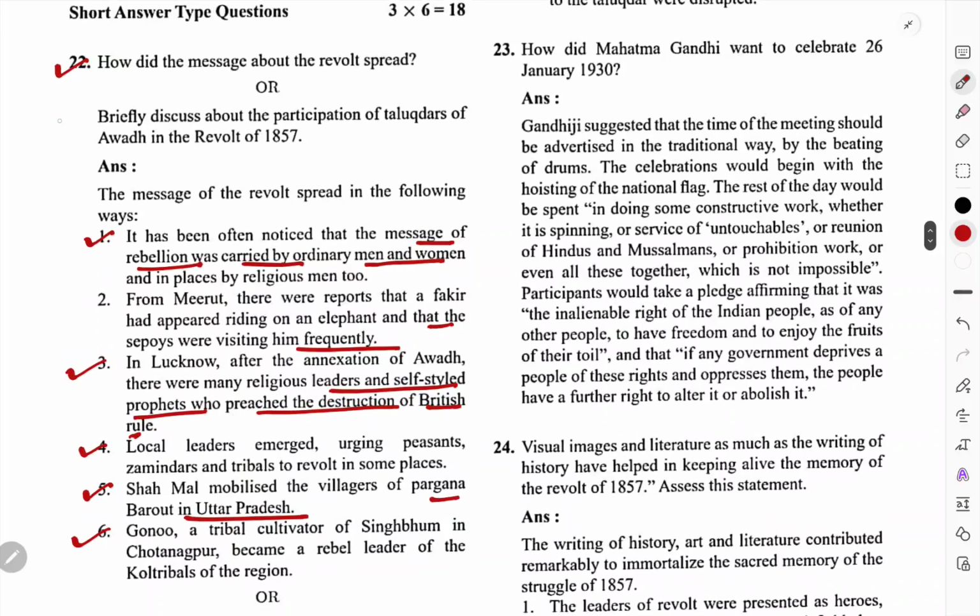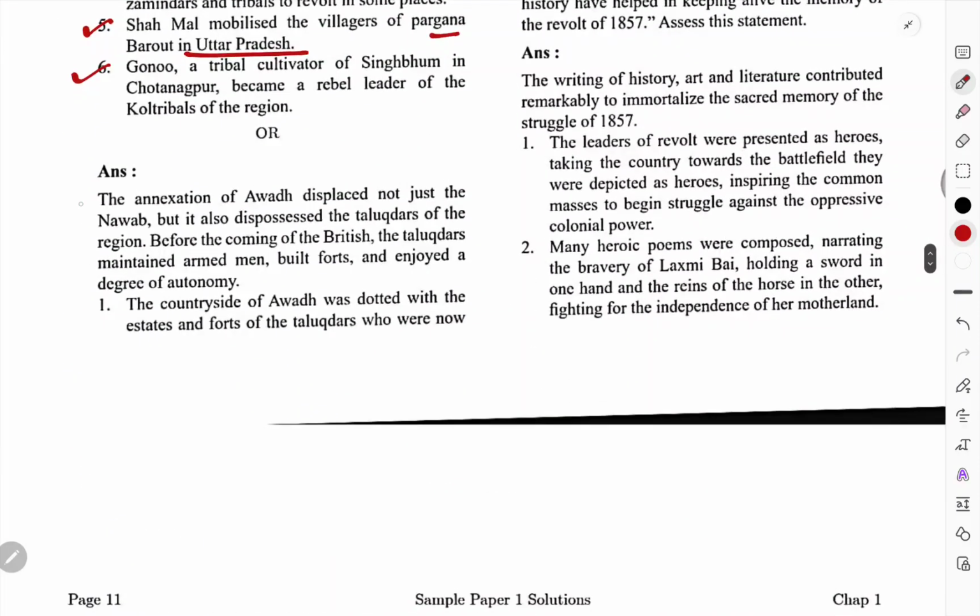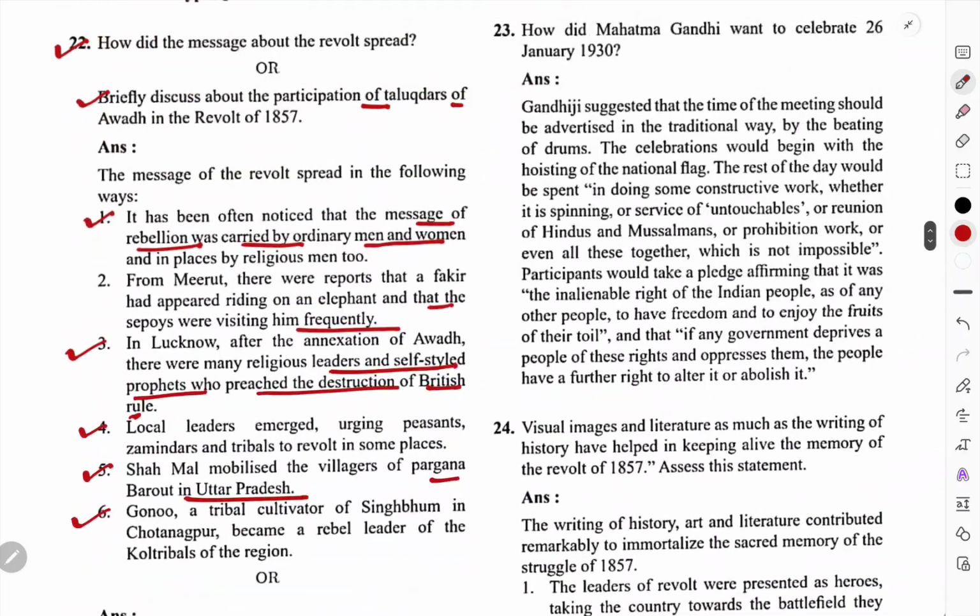Okay. Question number 22: Briefly discuss the participation of the Talukdars of Awadh in the revolt of 1857. The annexation of Awadh displaced not just the Nawab but also dispossessed the Talukdars of the region. Before the coming of the British, the Talukdars maintained armed men, built forts, and enjoyed a degree of autonomy. The countryside of Awadh was dotted with the estates and forts of the Talukdars, who were now